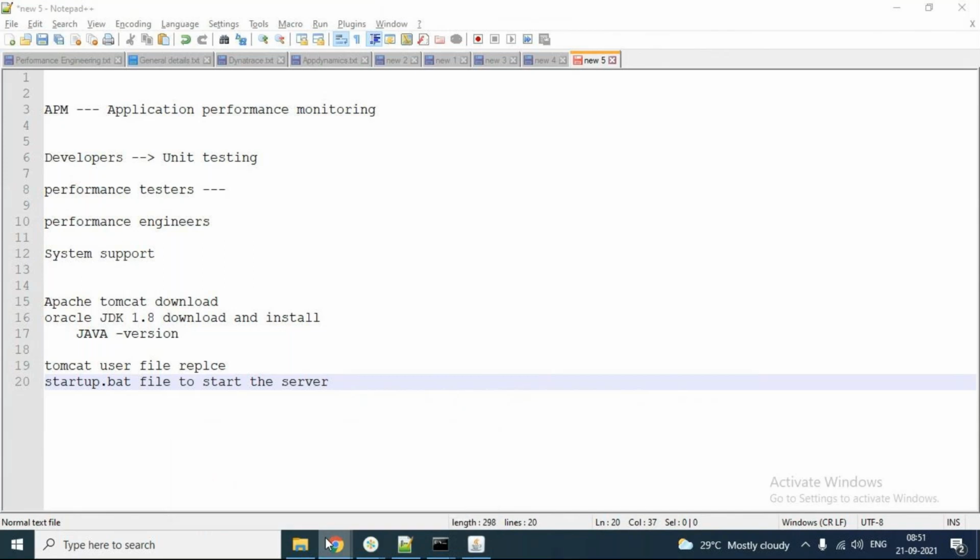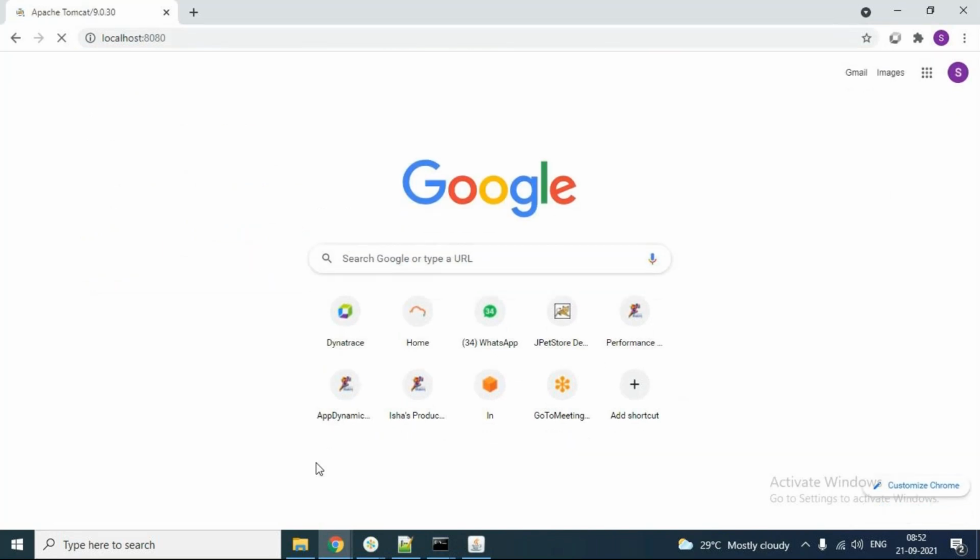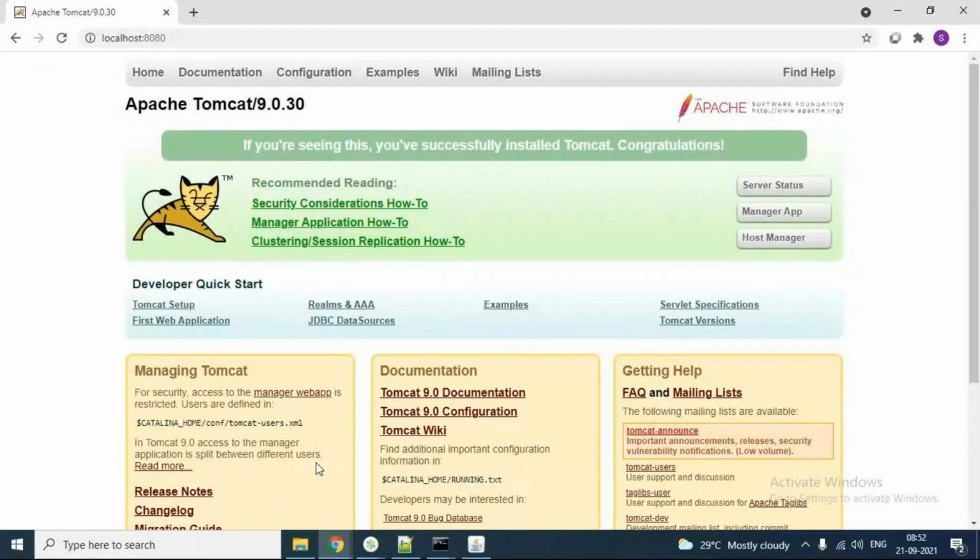Go to the browser, type localhost colon 8080 and click enter. If the startup happened properly, this page will come.